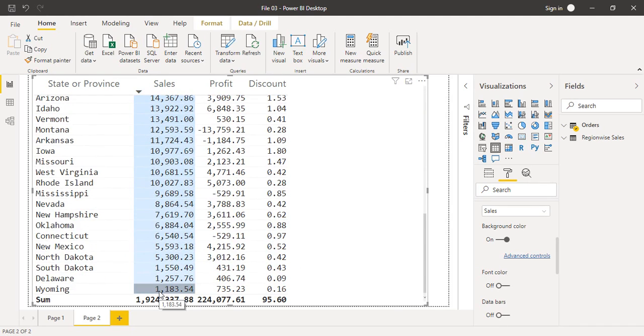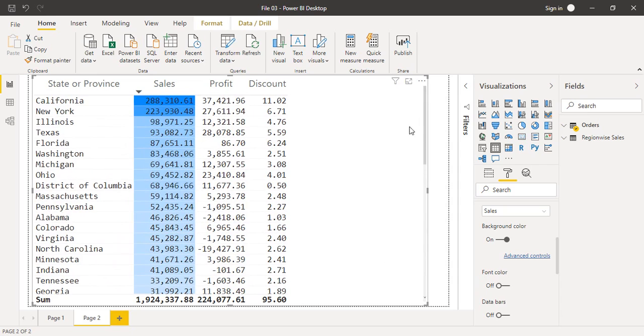The bottommost value is the least dark blue, the lightest of the blue. This is a very simple type of conditional formatting in which different shades of the colors are applied over a column using background color.